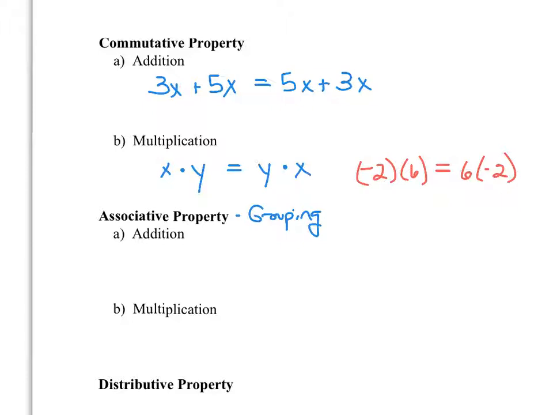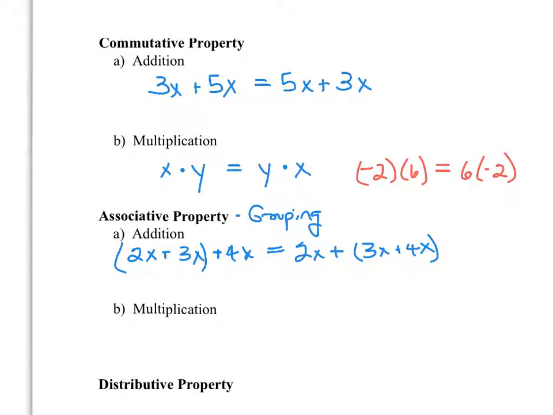So for example, when I'm adding together 2x plus 3x plus 4x, I can either group together the 2x and the 3x and then add on the 4x, or I could group it in a different manner by grouping together the 3x and the 4x first and then adding on the 2x. You'll notice that in either case I'm going to get exactly the same sum on the left side and the right side of 9x. So the associative property says that I can group with addition in any order that I want, and I'm going to show that grouping using